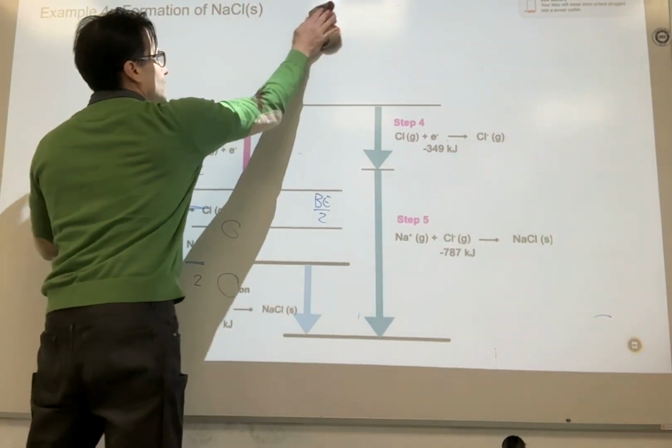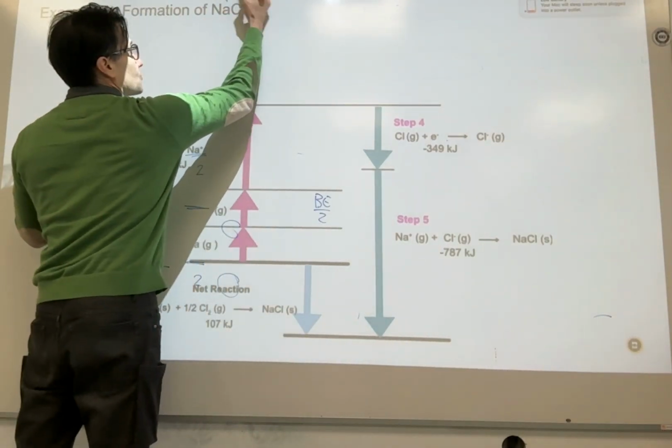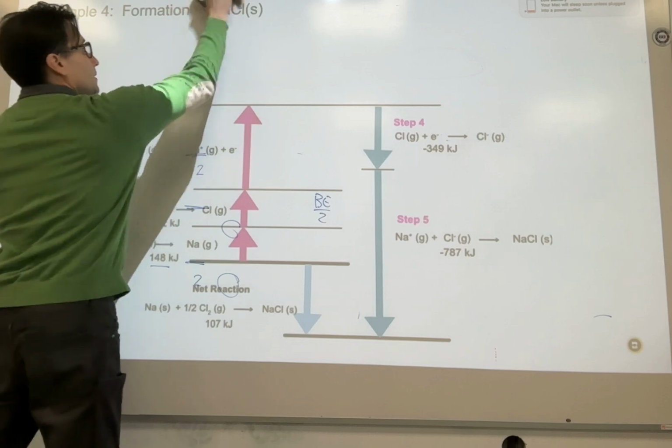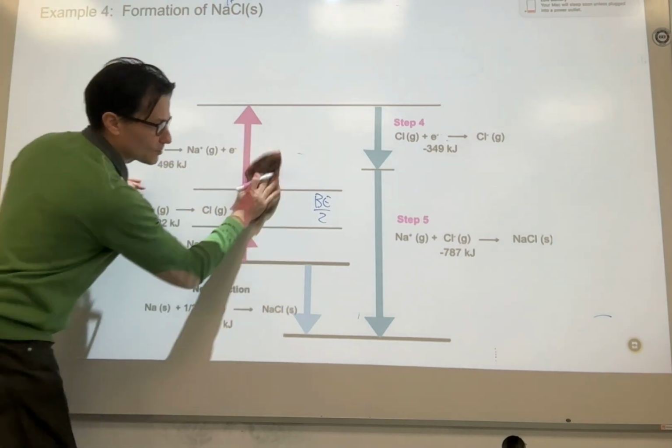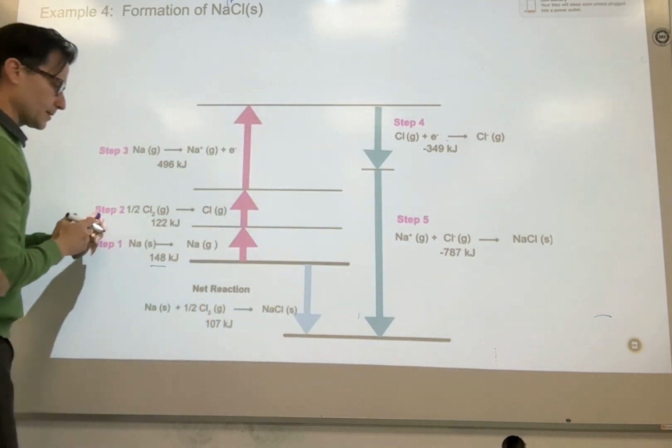And the last example, NaCl. And Na is just plus 1 and Cl is just 1 minus. Should say 1 plus and 1 minus. So we only have to ionize once and electron affinity once. So once again,